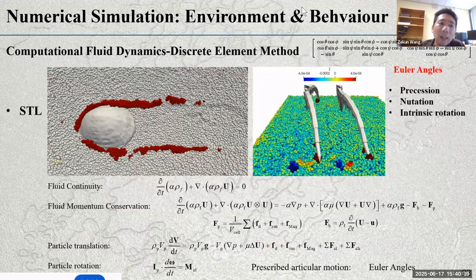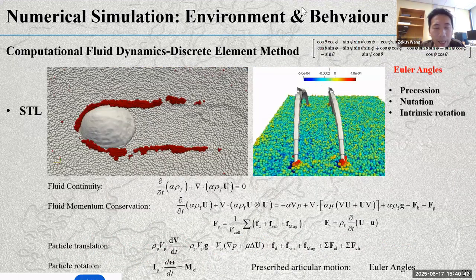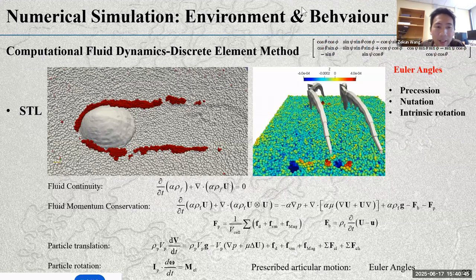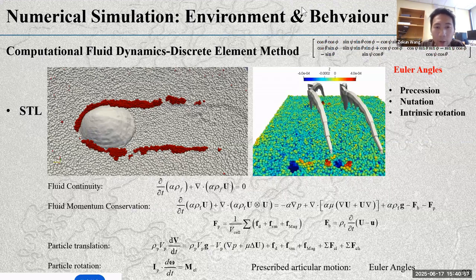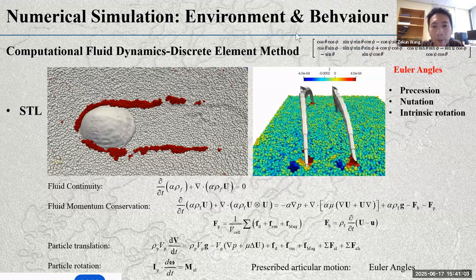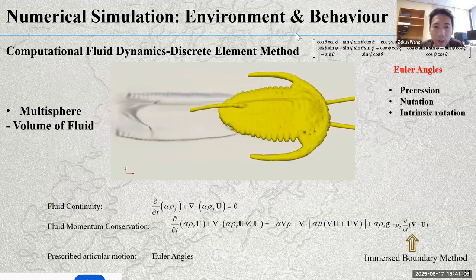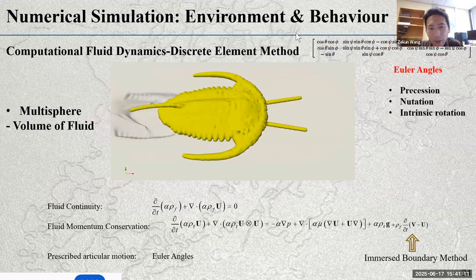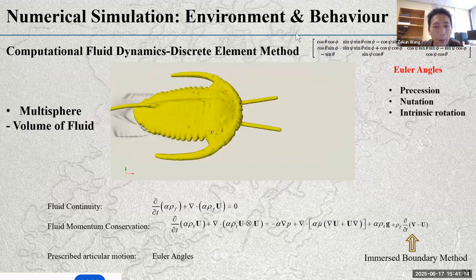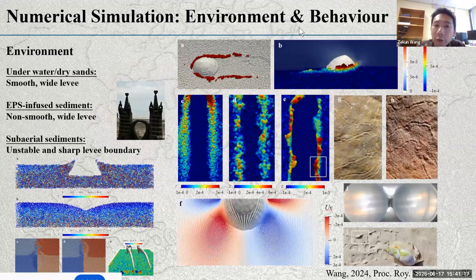And the second part is coupled computational fluid dynamics and discrete element method, in which the organisms are modeled by, for example, the Euler angles, and the sediments are modeled by real particles dominated by Newton's second law, and the fluid, no matter the gas or the water, is computed by the Navier-Stokes equation. Another simplified method is to use a non-Newtonian fluid to represent the substrate instead of the numerous particles, for example, the Bingham plastic. So with these approaches, we can numerically simulate the formation of trace fossils in